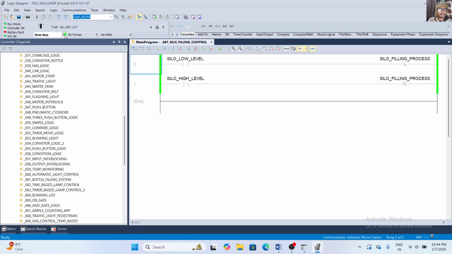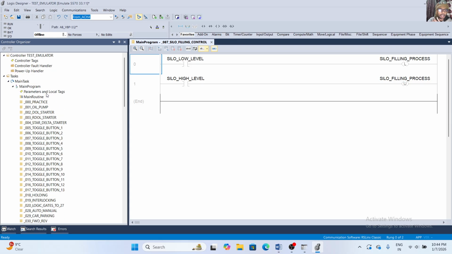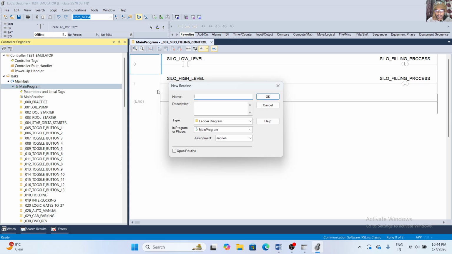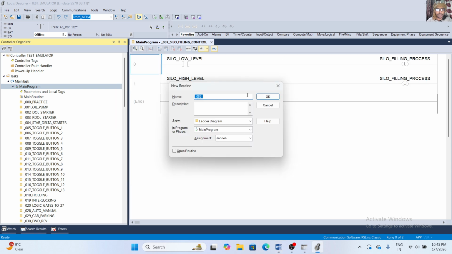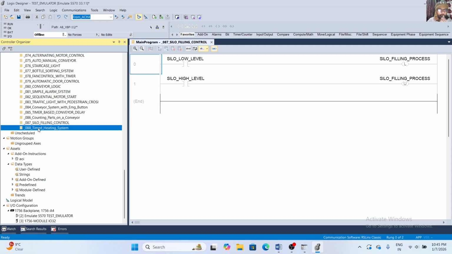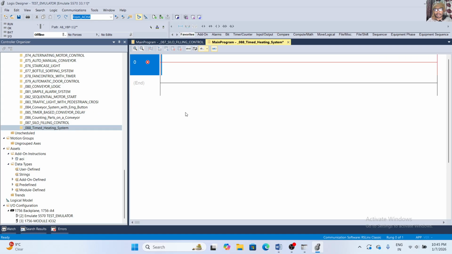First of all, I go offline and create a new routine. The routine name is underscore 088, and the logic name is time heating system. I copy and paste it here. Now you can see time heating system. This is a totally blank project.